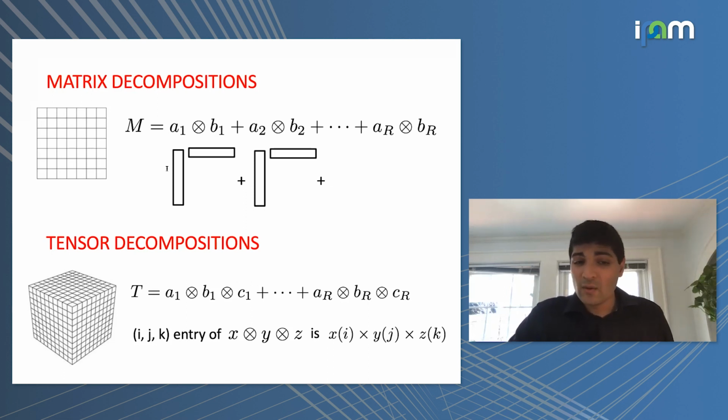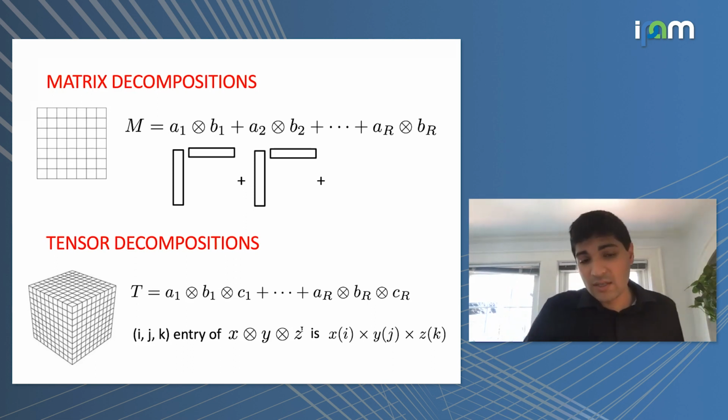And then in general, when I give you a tensor that has rank larger than 1, I give you the left-hand side, and you want to be able to figure out the right-hand side. You want to be able to write it as the sum of not too many rank 1 tensors. So this is the basic notion of what a tensor is, which you've seen many times already in the tutorials that people have given. And this is also the notion of the rank of a tensor: can you find this decomposition on the right-hand side?